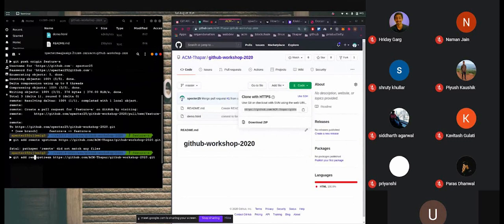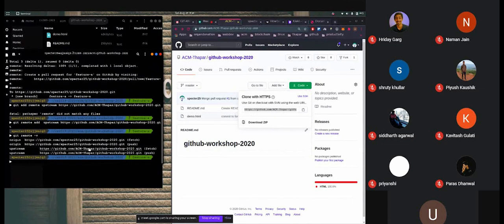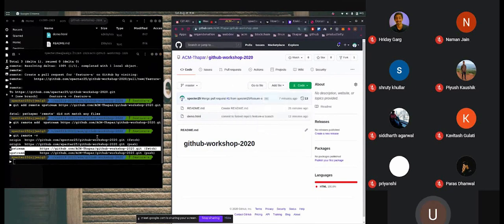Sorry, git remote add. So see, we have two remotes. We have the origin remote, which is pointing towards the forked repository, and we have the upstream remote that is pointing towards the main repository, right?